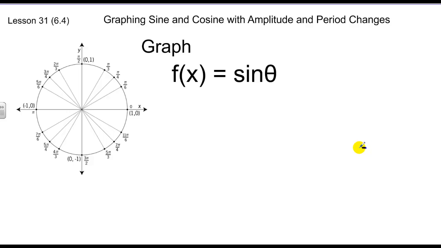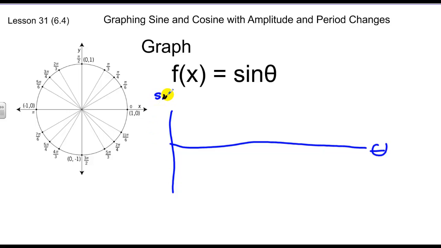So here's what I'm going to do. I'm going to create a horizontal axis that has the angle theta on it, and the vertical axis is going to describe the sine of theta value. All right. Now, typically, it's easiest to do this when our numbers are clean. And when I mean clean, I mean integer values. And on the unit circle, we know that all of our integer values of 1s and -1s happen at quadrant spots. So if I start at 0, then go to pi over 2,